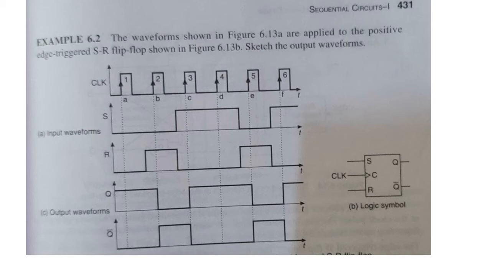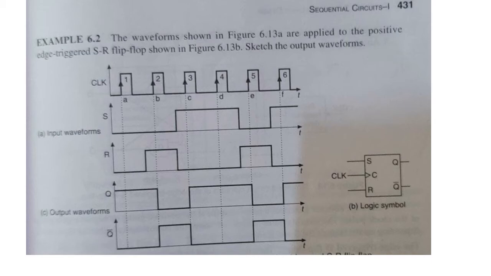At the fourth clock pulse, again it checks the value of S and R. S is high and R is 0. That is, the flip-flop has to be set with the value 1. Previously it was at value high, and as a result it will remain the same until the next clock pulse.